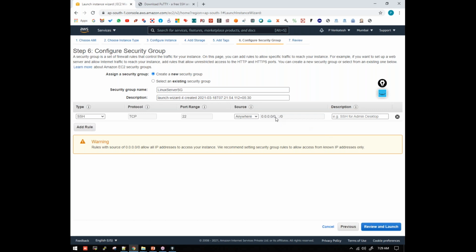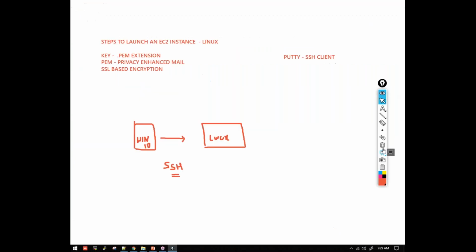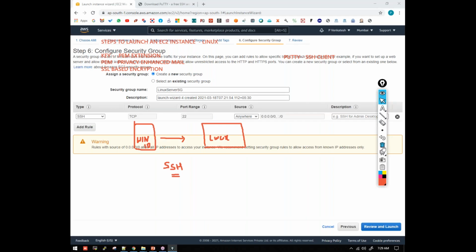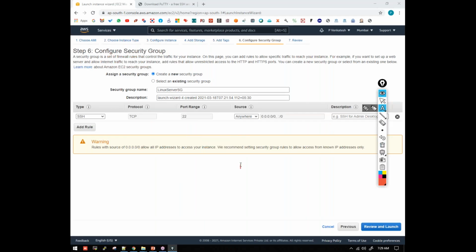Now you can see something like this: 0.0.0.0/0, and again, comma, ::/0. So two things are here.